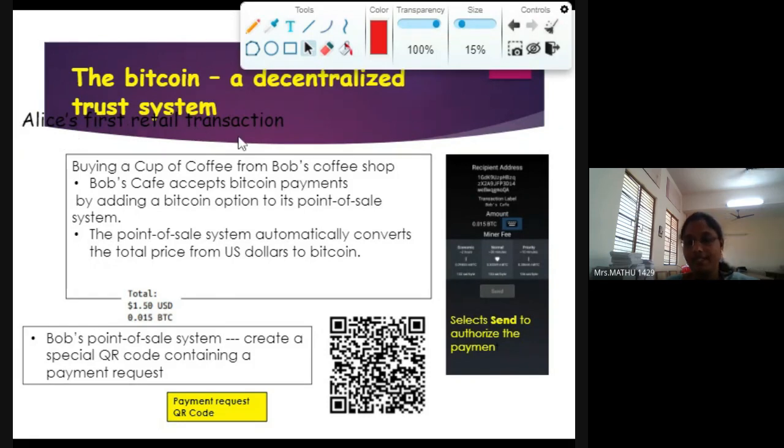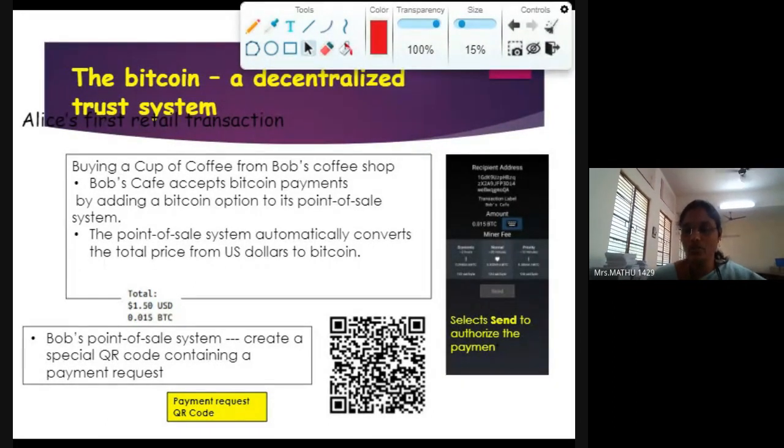Alice's first retail transaction. Now you know that everywhere you go, you have several options for paying your money. You need not carry your purse with physical money. In every shop they have this QR code mechanism where you can show your card or something, and you can pay your money digitally, right? Similarly, in Bitcoin also,